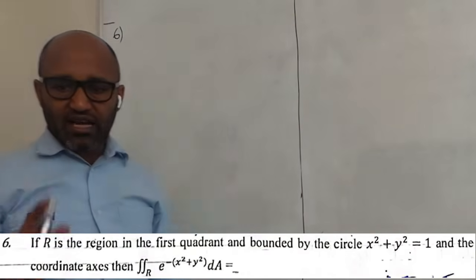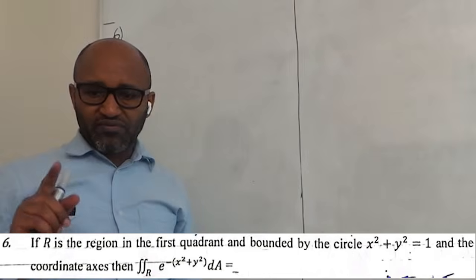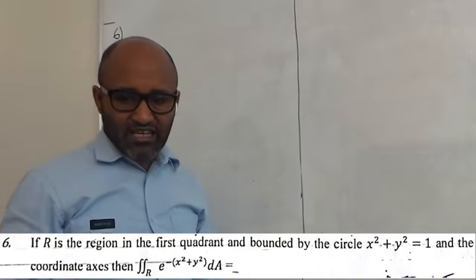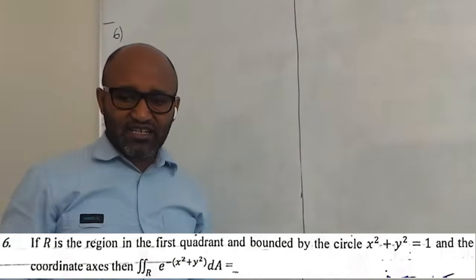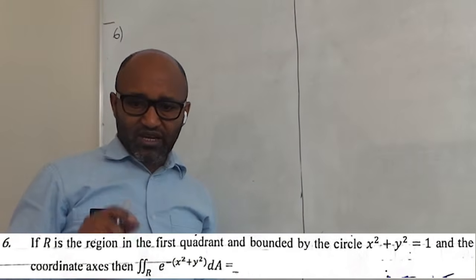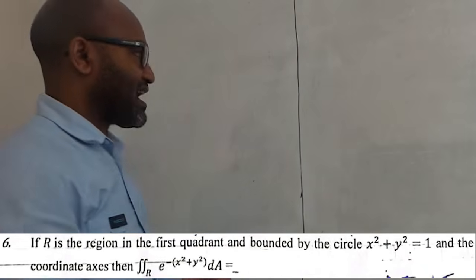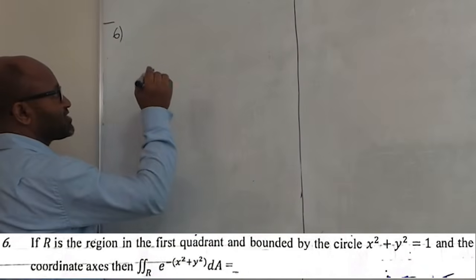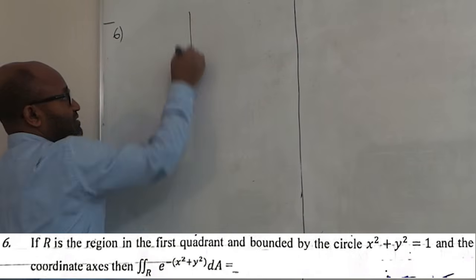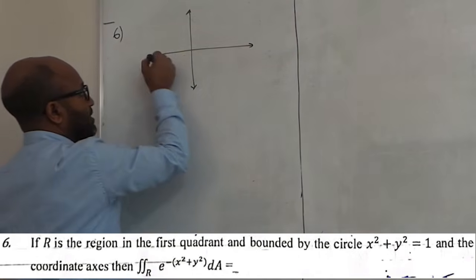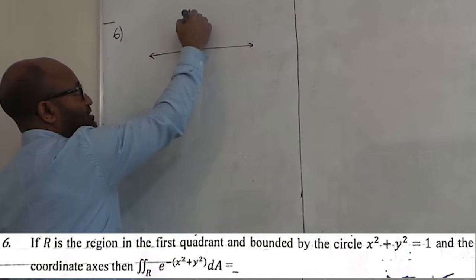If the region R is in the first quadrant and bounded by the circle x square plus y square is equal to 1 and the coordinate axis. For this, first we must determine our region. We have coordinate axis and the region is bounded by a unit circle